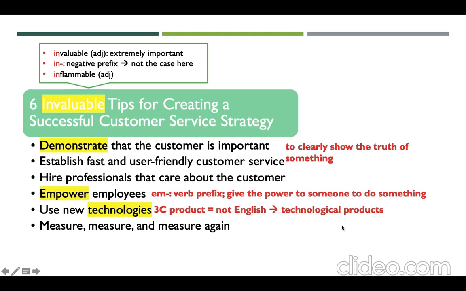Only technological products. And then the final tip, measure, measure, and measure again. So you always need to evaluate over and over again before you make the decision or before you do something. Okay, so after making predictions, don't you think we know the overall structure and overall direction of the article better? Yeah? So now